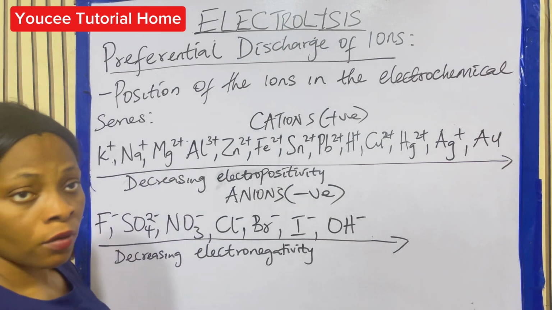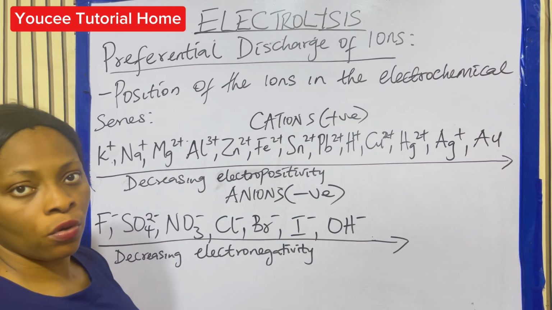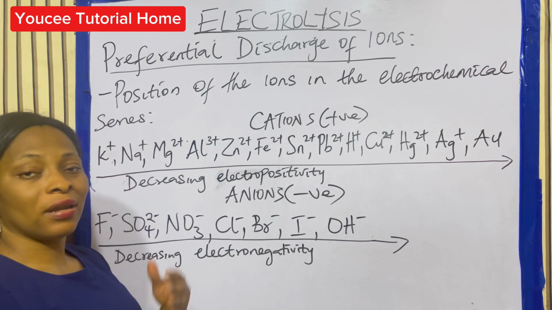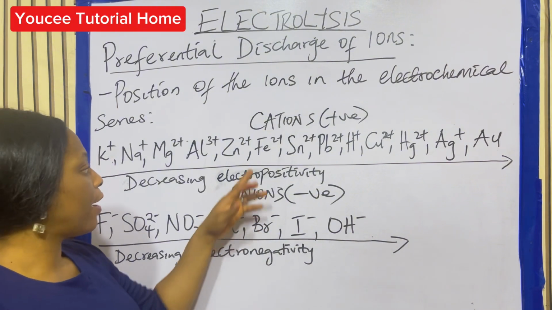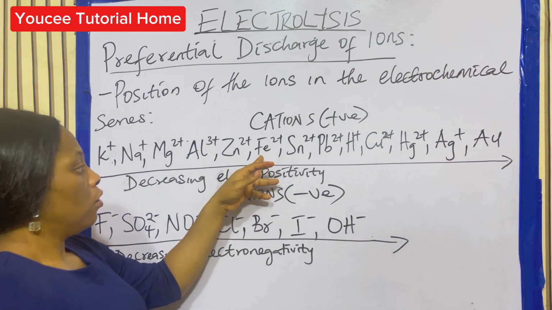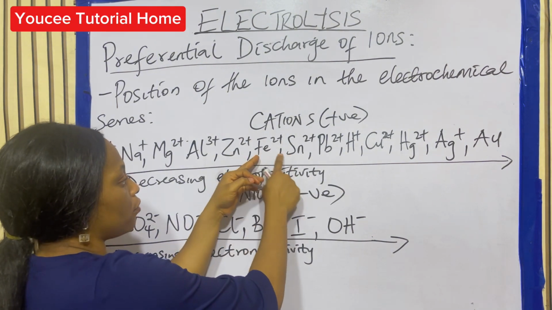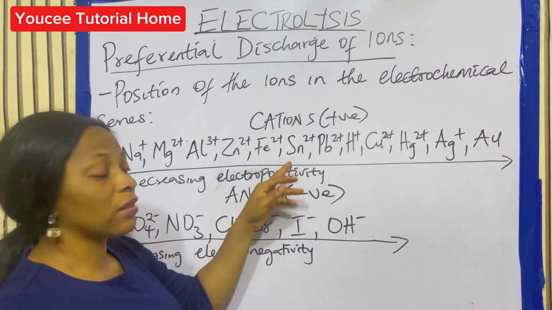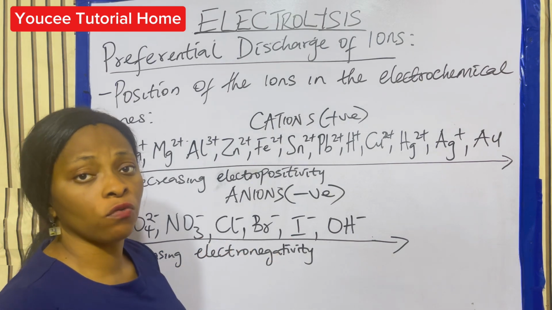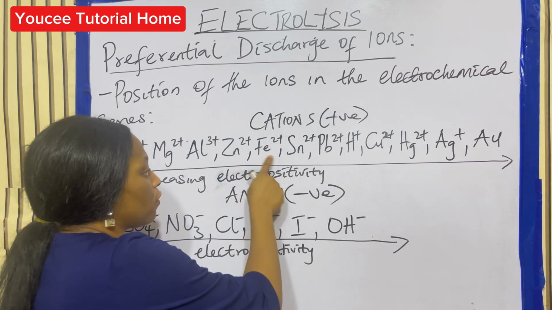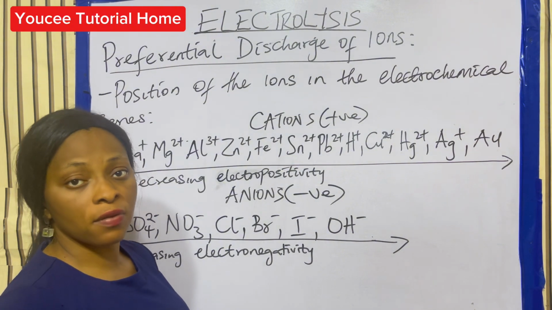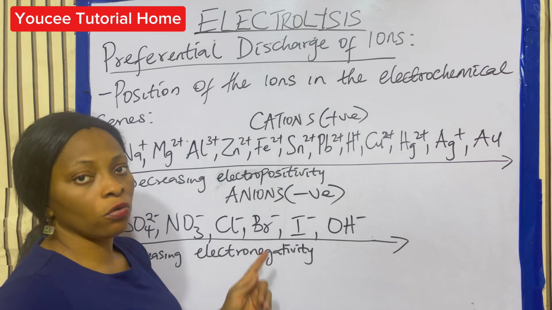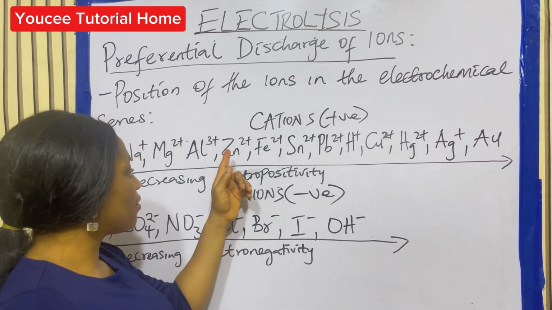That is why, for example, when you want to do electroplating, you want to use another element to cover iron. Look at iron here. Iron is higher than tin. If you use tin to cover iron, after some time the iron will begin to rust. Why? Because iron is higher than tin in the electrochemical series. But if you use zinc to coat the iron, it will not rust, because zinc is higher than iron